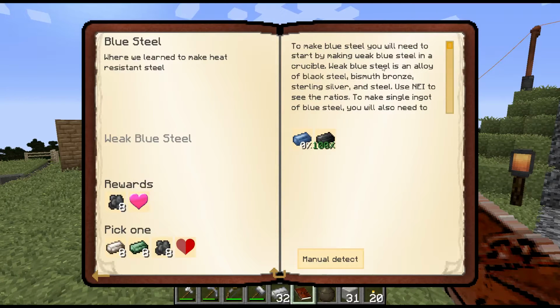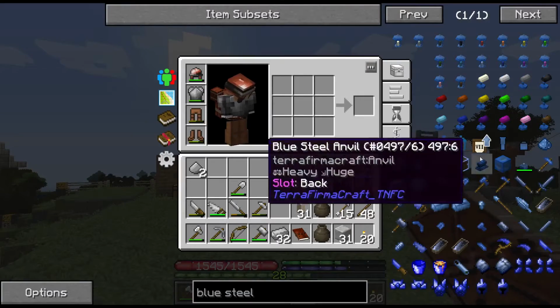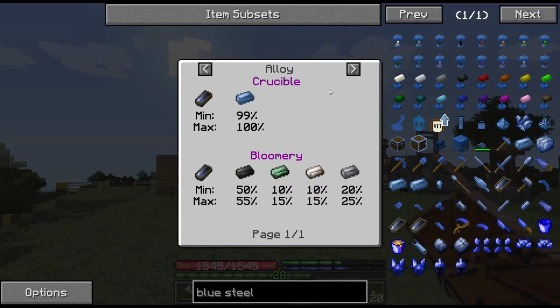So it's black steel, which we just made a little bit ago, bismuth bronze, which I had to go get bismuth because we had never dug any bismuth, sterling silver, which is silver and copper, I think, and steel. So I am working on getting all that together, but instead of actually going through the alloy crucible